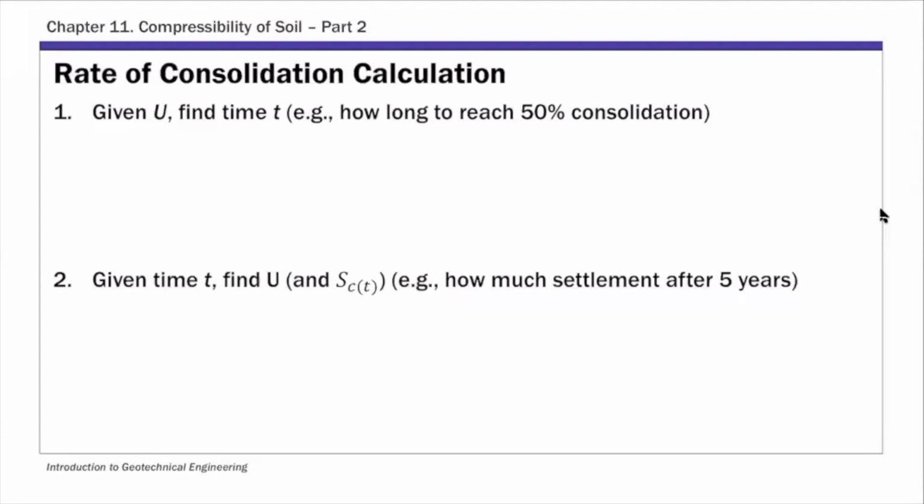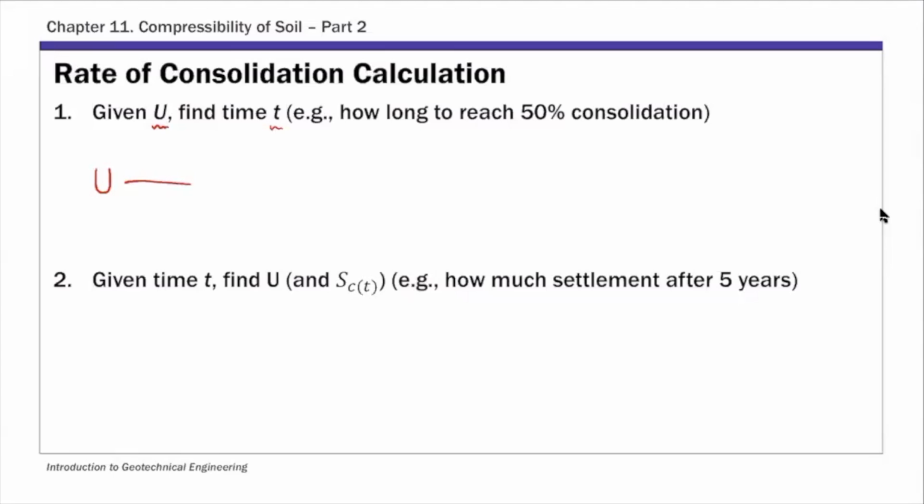The first one is given the degree of consolidation U, you want to find how long it takes to achieve that. Okay. So an example is how long it will take to reach 50% degree of consolidation. And for this type of problem, you're given this capital U, so that's your target, and you want to estimate the time. In this case,